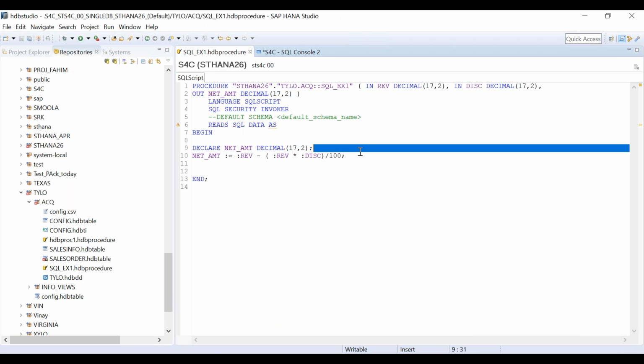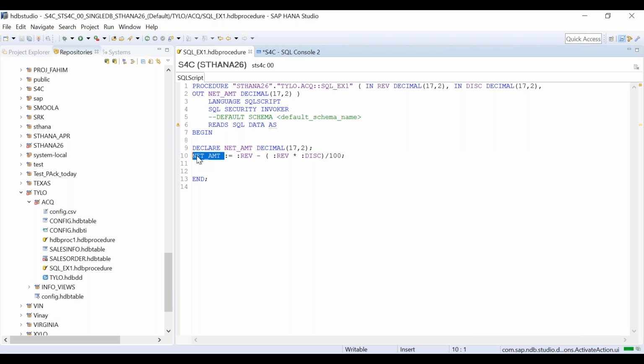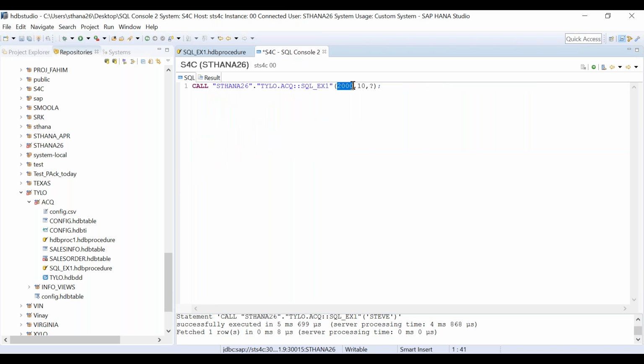Right at the end, net amount will be decided and directly transferred into my output parameter. So this is my input parameter revenue, this is my input parameter discount, and the third one is my net amount output. Since I don't know what the output will be, I will leave it as a question mark.